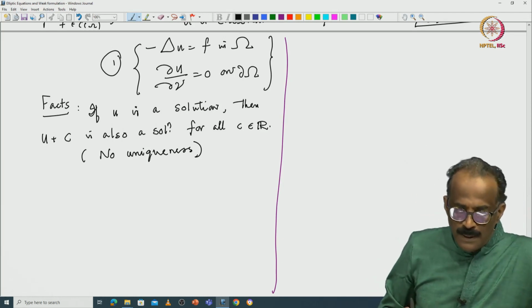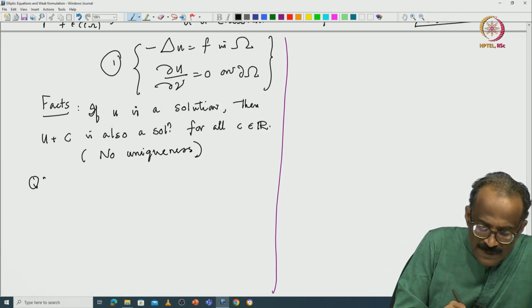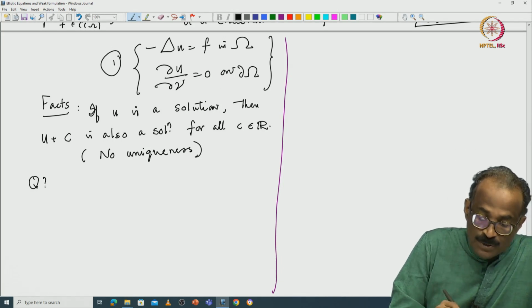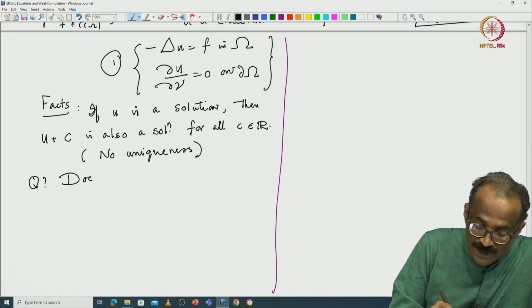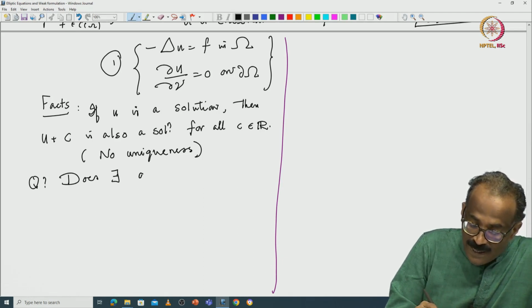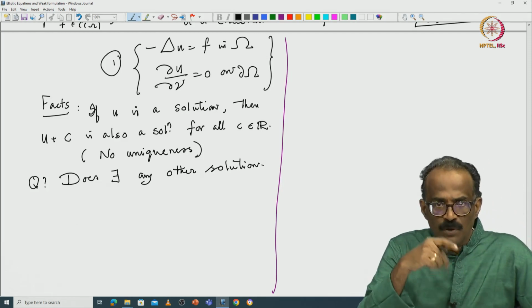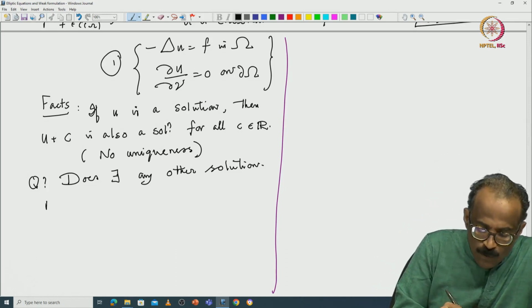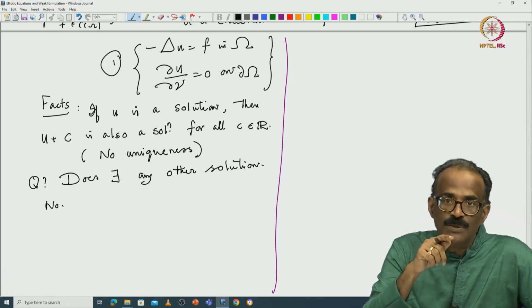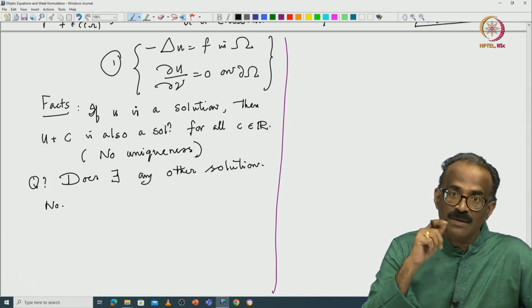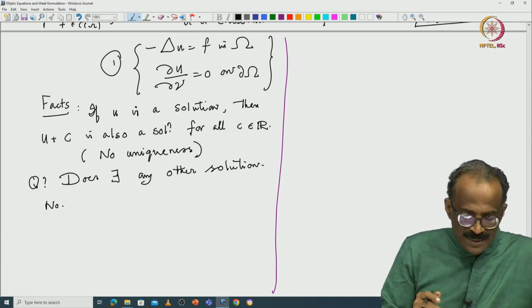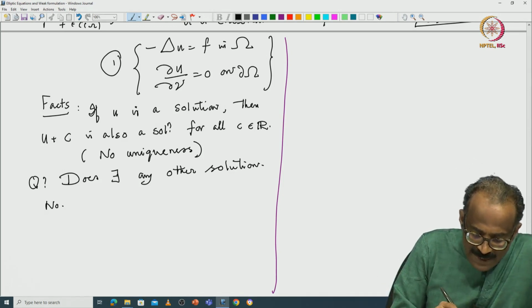This is the first thing. Okay. So, the first question you address: does this give all the solutions? Does there exist any other solution? Luckily, no. So, if you can find one solution, then all solutions are given by u plus c. How does that prove? So, to see this,